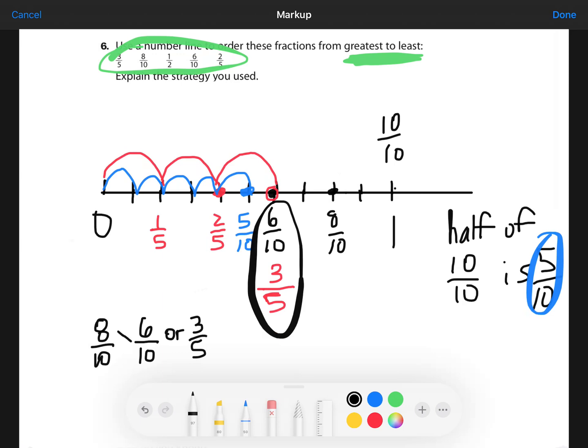So I'm going to put 8/10 is greater than 6/10 or 3/5, which are all greater than, oh yeah, I didn't label that 5/10 is 1/2. They are all greater than 1/2, and 1/2 is greater than